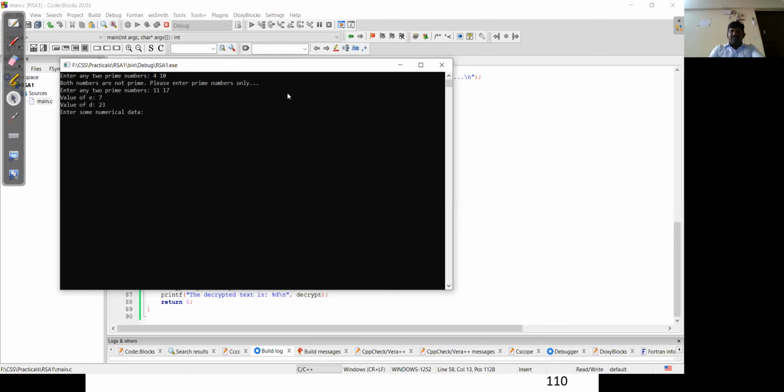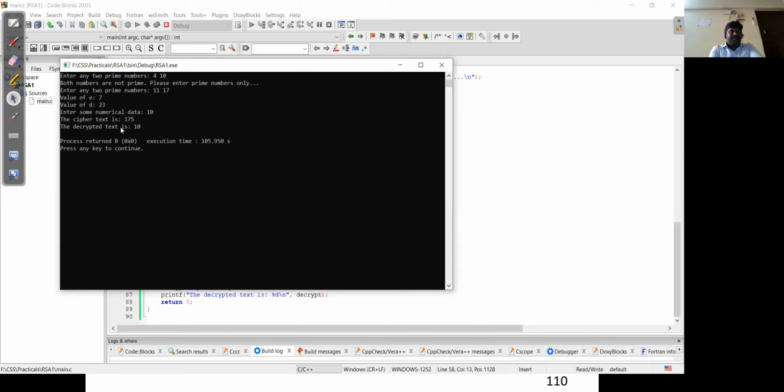Now suppose I want to encrypt the data. The input value which I used is 10, correct me if I'm wrong. If I give the value 10, it does the encryption calculation, and the ciphertext value is 175. I hope we did it correctly.